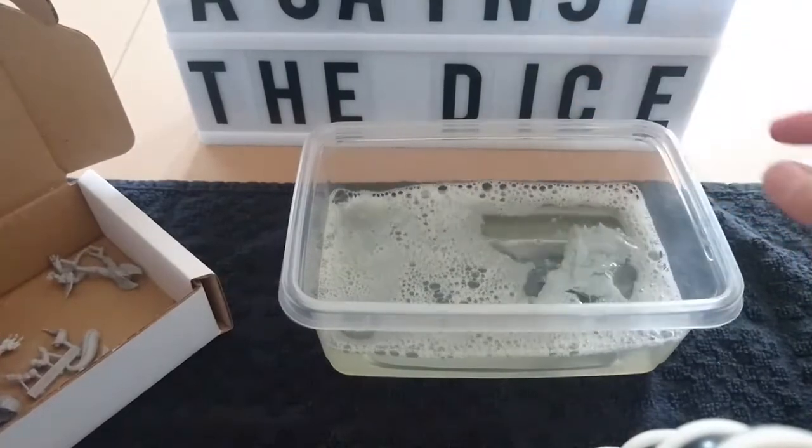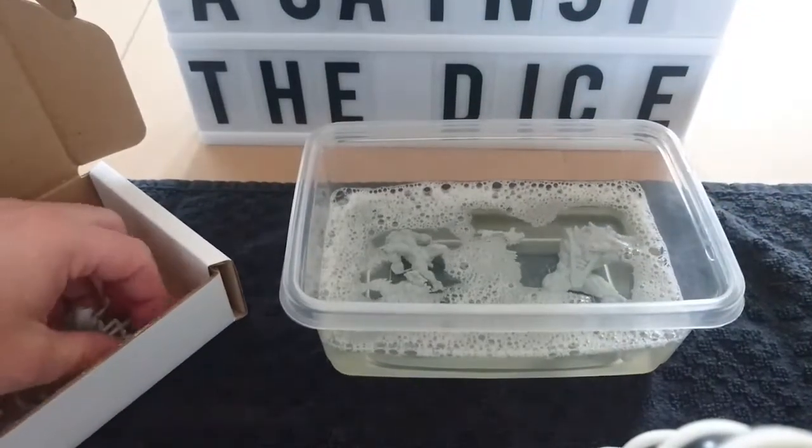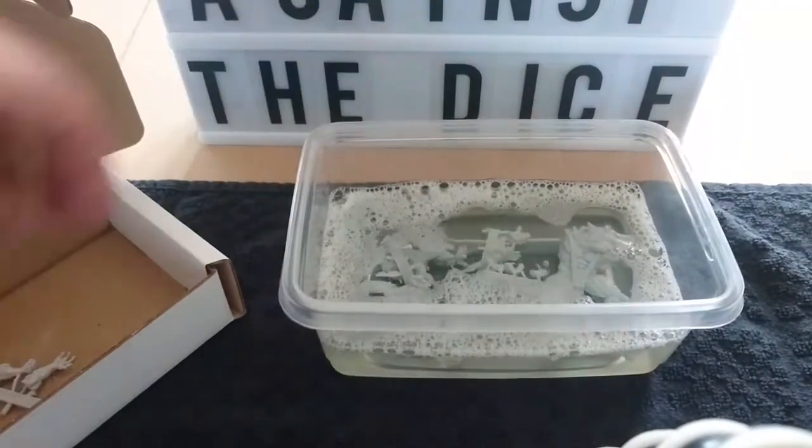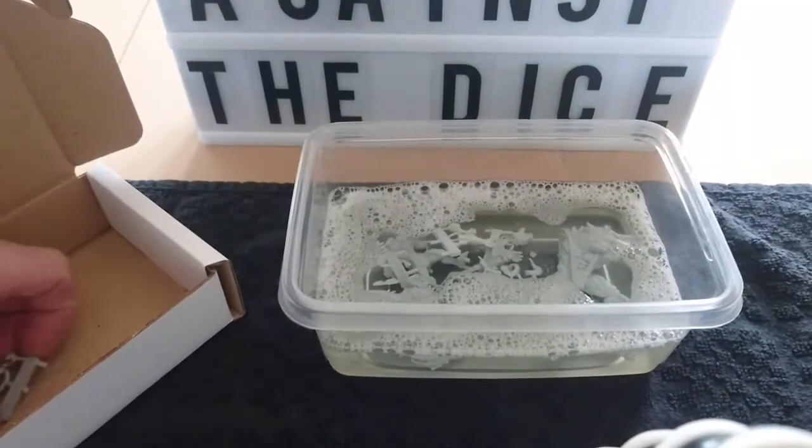Then what you do is throw the models very carefully, because they're resin, into the water. Now, what I tend to do...